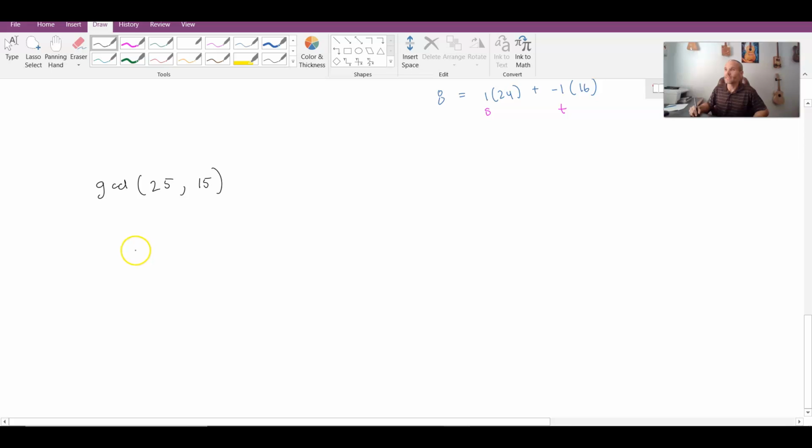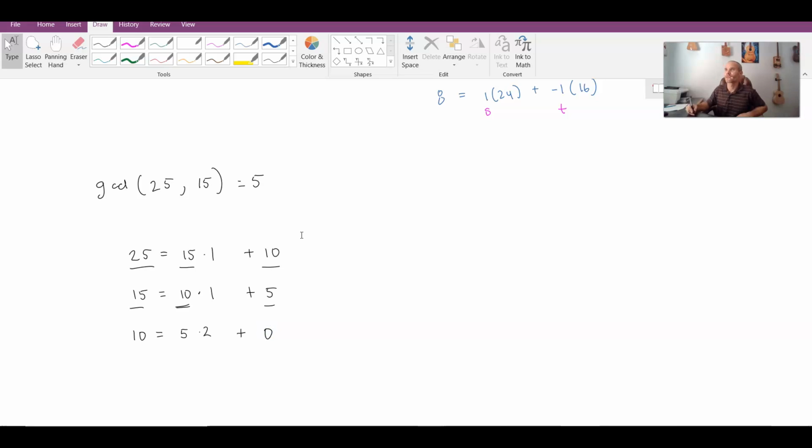So for 25 and 15, we can say 25 is equal to 1 multiple of 15 plus 10. Now I'm going to focus on the GCD between these three values. So 15 is equal to 10 times 1 with a remainder of 5. GCD between these two is the same as the GCD between these two. And so 10 is equal to 2 multiples of 5 with a remainder of 0. Now at this point I have identified the GCD as being equal to 5, and what I can do next